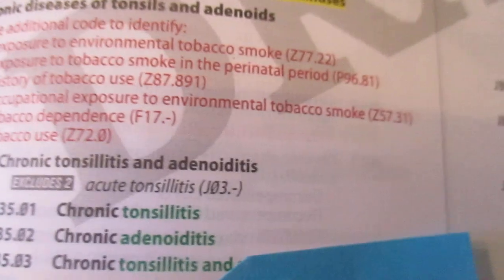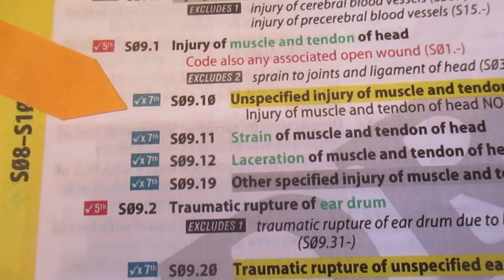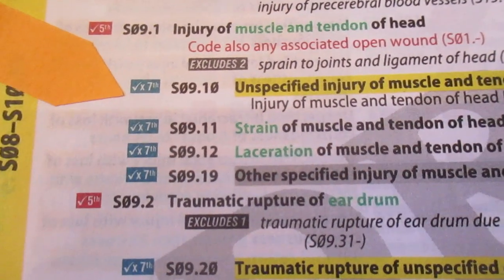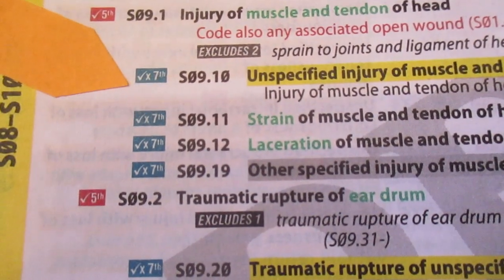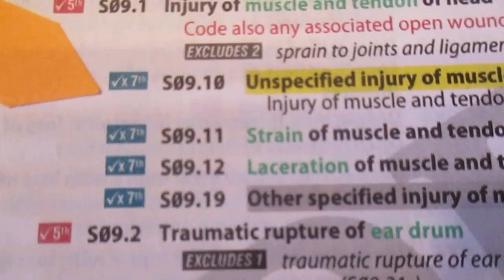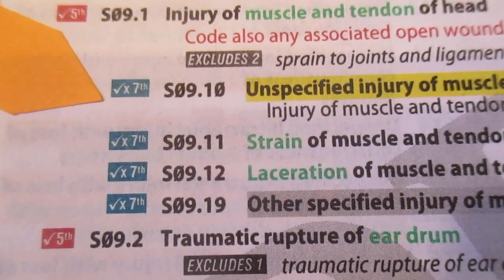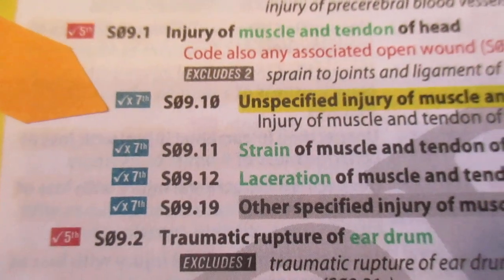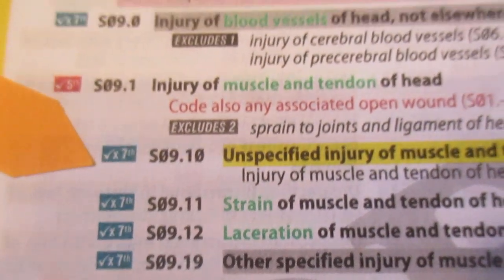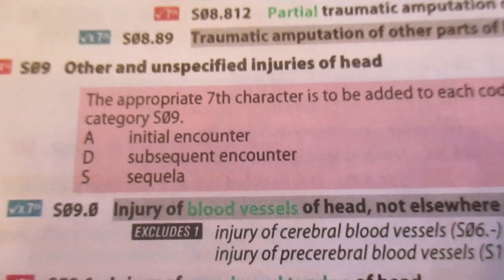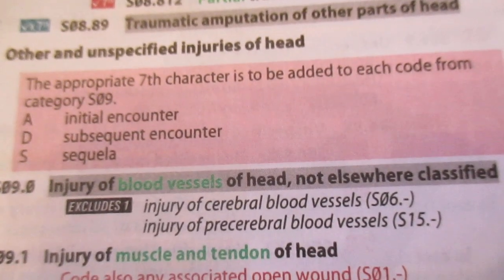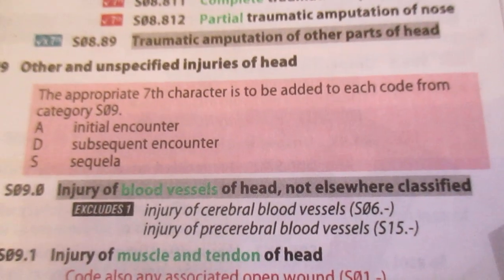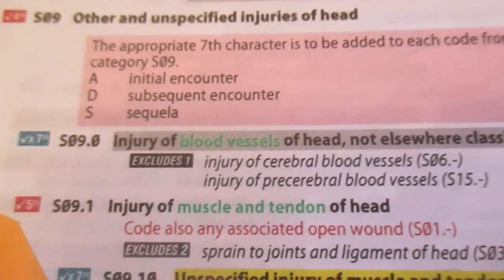And the example I gave, where I was saying how if you go there and it's only 4 digits long, look for example at code S09.11 or S09.12 or S09.19. All of those have a check X 7th. So that's telling me with category S09.1, it should be 7 digits long. And at the top, I've got a pink box that says the appropriate 7th character is to be added to each code from category S09. Well, if